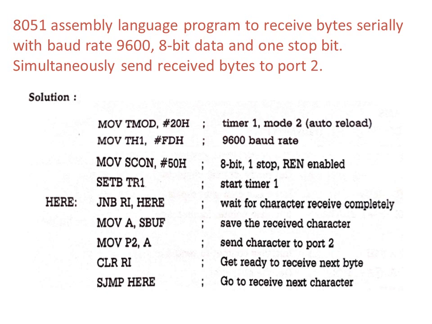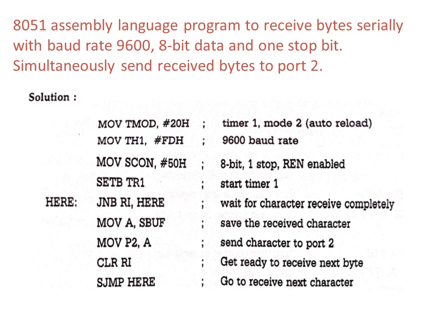Now if we look into the solution, the first step is MOV TMOD, #20H. This is done to select timer mode 2, the auto reload option. The second instruction is MOV TH1, #0FDH. The required baud rate is 9600, so to achieve this, we copy the immediate value FDH to the timer 1 register.